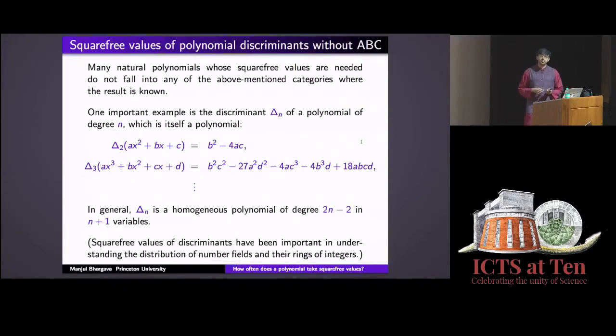And it's been a long time open problem to understand these polynomials. These are multivariable polynomials in 3 variables, and 4 variables, and 5 variables, and so on. And it's been a long time open question: what is the density of square-free values taken by a discriminant polynomial? It's been a long time unknown, but it has many applications in algebraic number theory if we were to know that. And so that's the result I want to announce today,